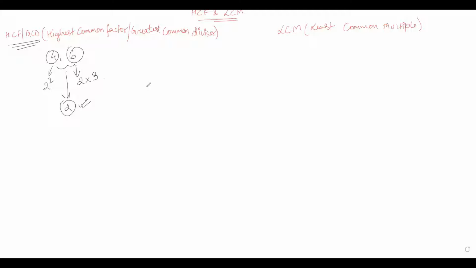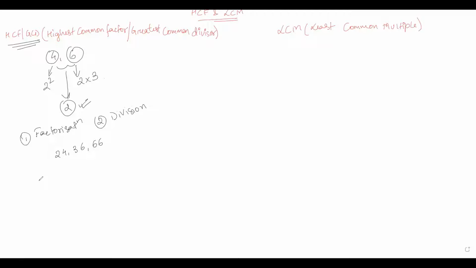In a similar way, we can find the HCF of two or more numbers. I'll be showing you two methods to calculate the HCF of numbers given to us. The first is the factorization method, and the second is the division method. So let us take one example here. Suppose I have been given three numbers like 24, 36, and 66, and I want to find the highest common factor or the greatest common divisor of these three numbers. That is, what is the highest number which will be dividing 24, 36, and 66 completely.